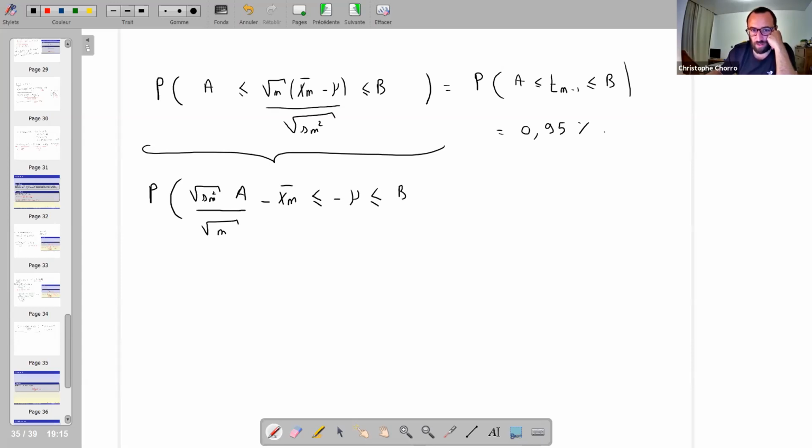Okay, b times the square root of Sn square over the square root of n, minus x̄n. And I obtain this way the probability that mu belongs to